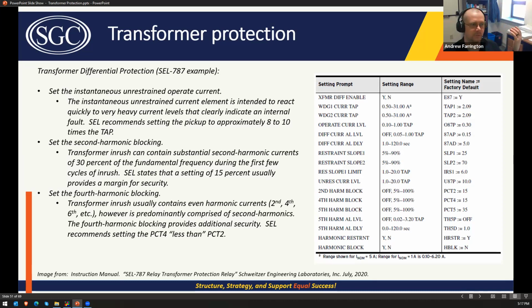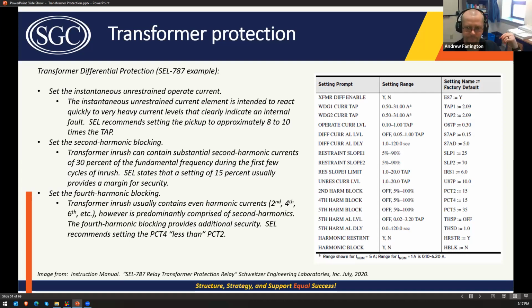Because that second harmonic current only occurs, or primarily occurs, during inrush, if you have a certain percentage of your operate current as second harmonic current, then the differential element will block you from operating because it's inrush, or presuming